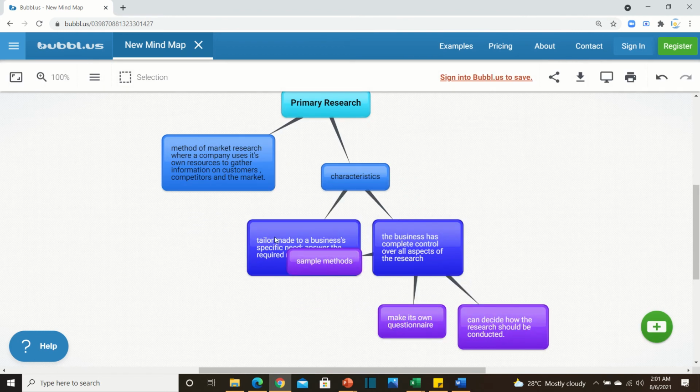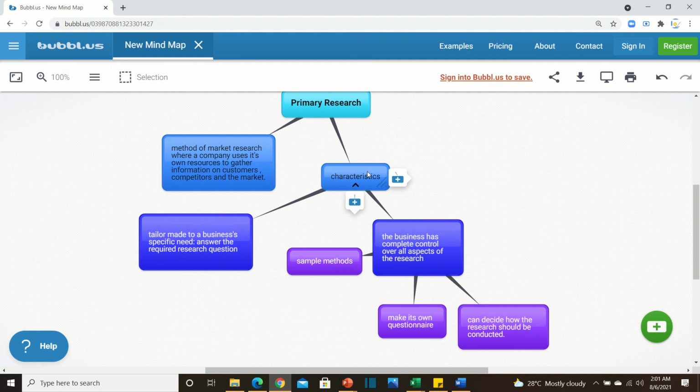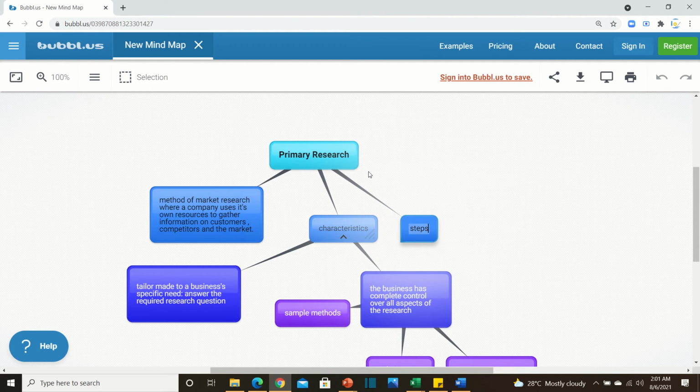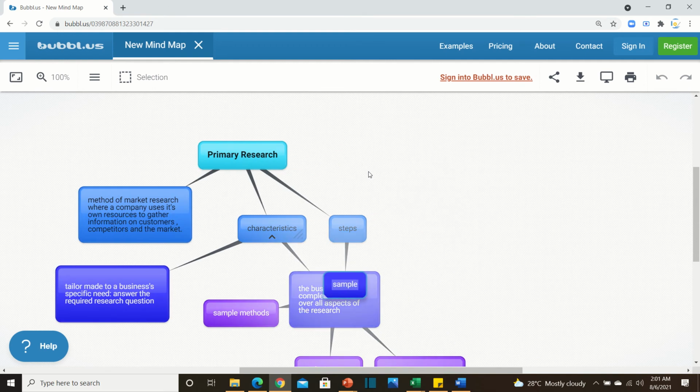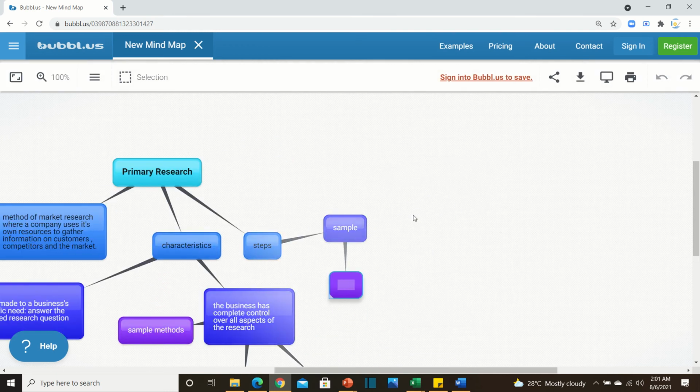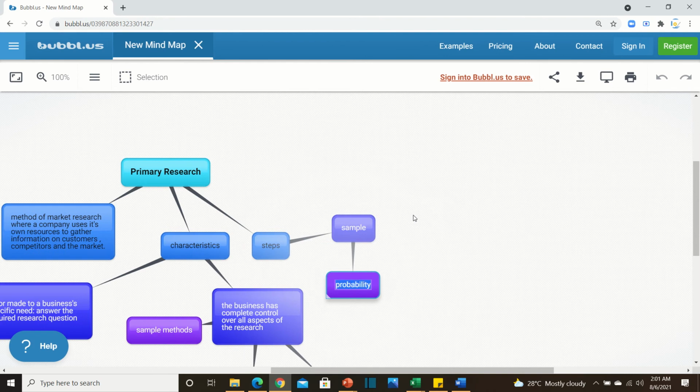So the first thing which you need to do, in the primary research characteristics के अलावा, the steps to do a market research is to first select a sample, because of course you cannot ask questions to the entire population. You would have to make a sample. There are two ways you can do a sample. You can do a sample based on probability, and probability methods are those methods in which the people of a population have the same chance of being selected in the sample, right?